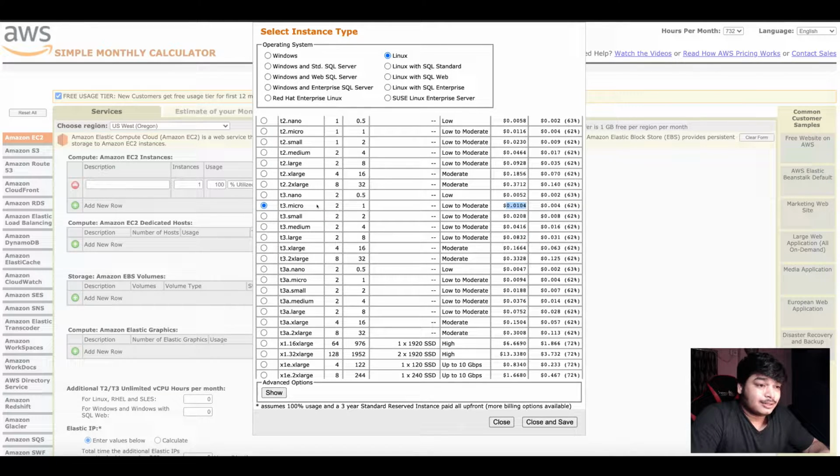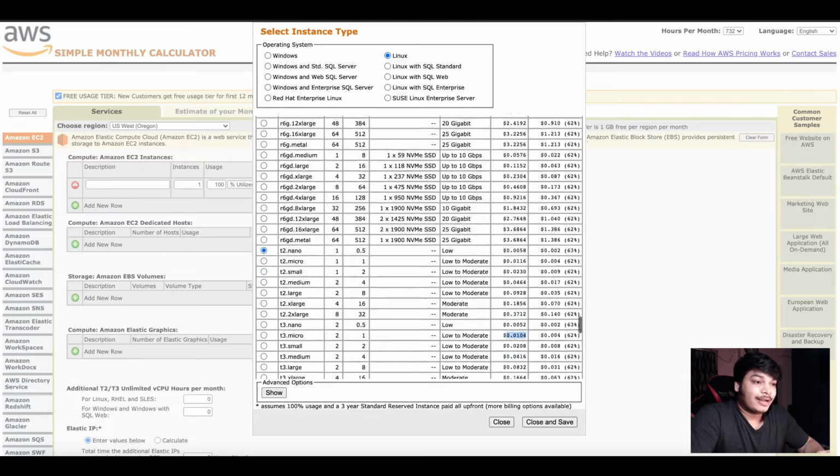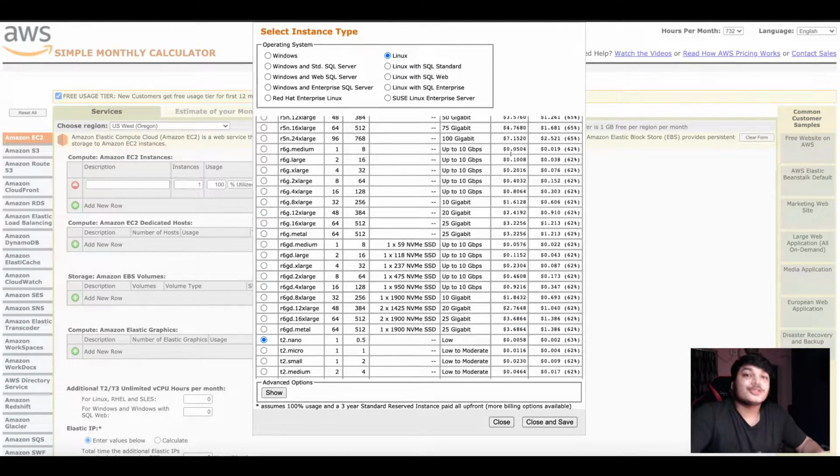Okay, I think I clicked on the wrong one. T2 micro, this one, 0.0116. T2 nano is lower, 0.0058. So you can see the more CPU and RAM you're utilizing and the more features you're getting, like more network bandwidth or SSD, the cost increases. So the more resources you use, the more you have to pay.